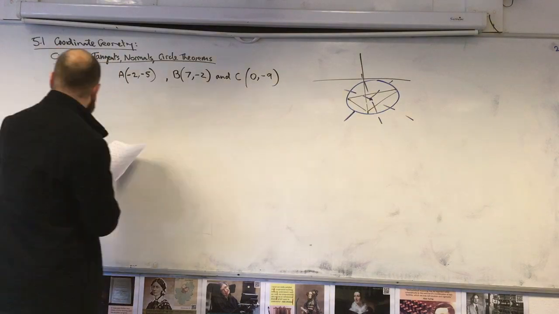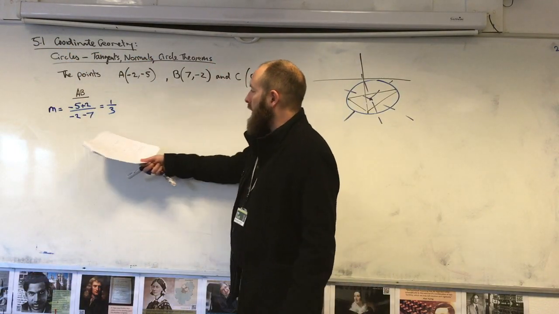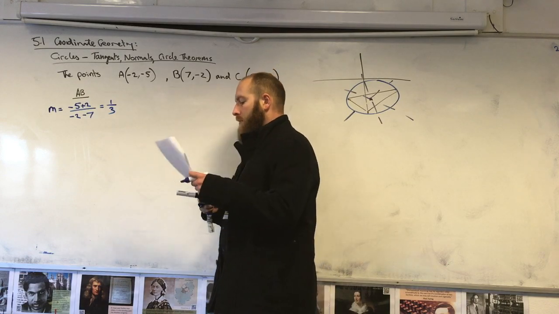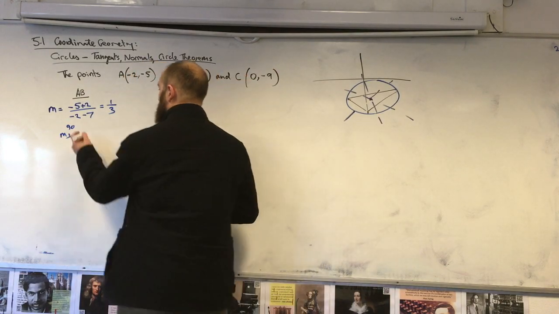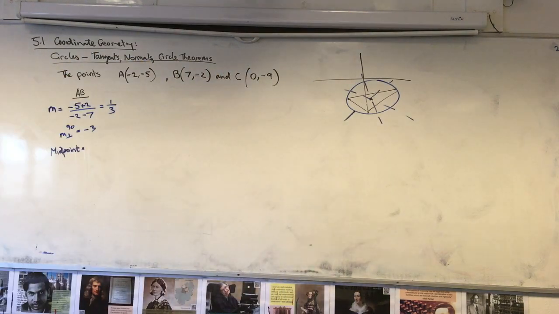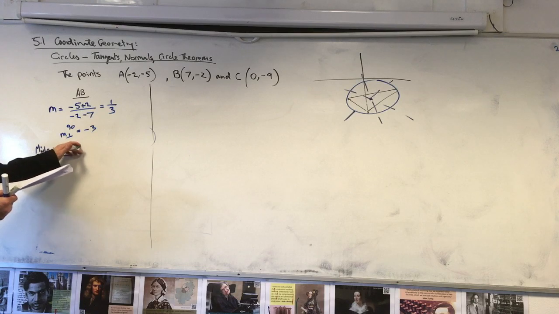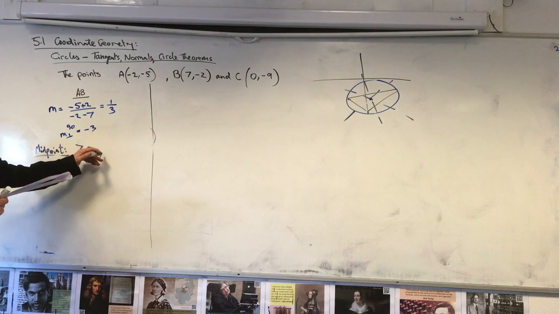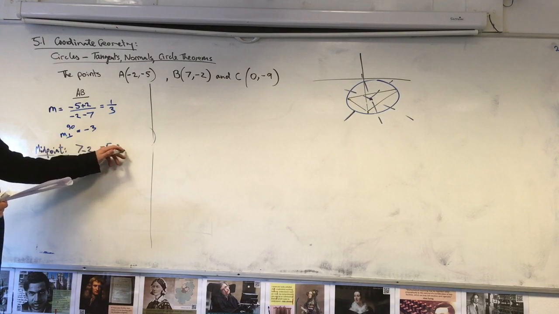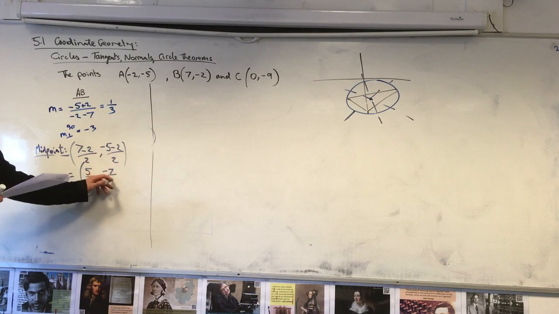and I'll put them all together at the end. So the gradient of AB, using 2 points of the gradient equation, is a third. So the perpendicular gradient is going to be -3. Now we need the midpoint. So I remember midpoint, average of x's, average of y's. 7 minus 2 over 2, minus 5 minus 2 over 2,